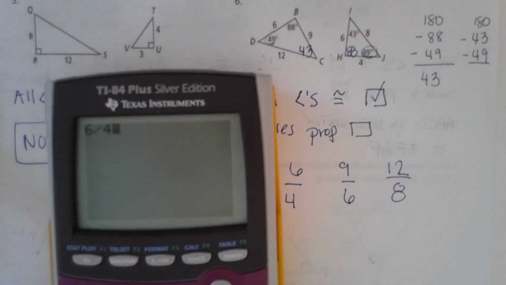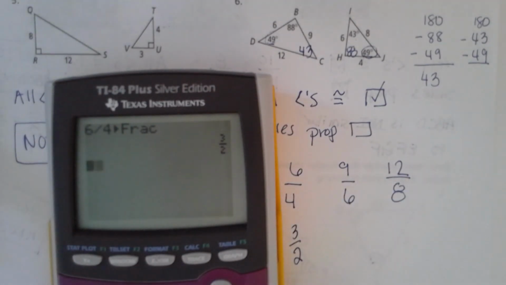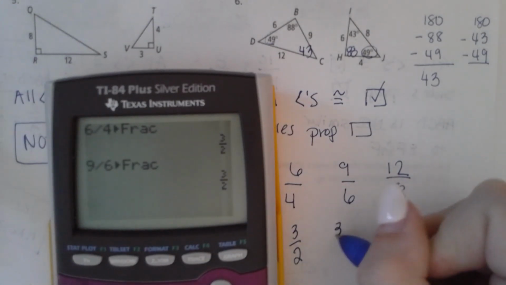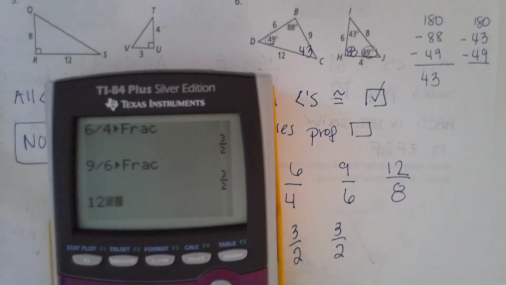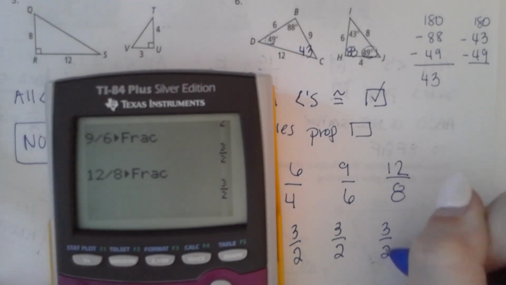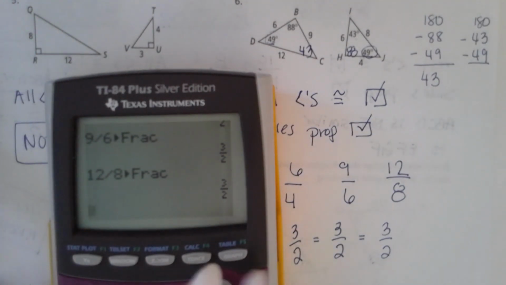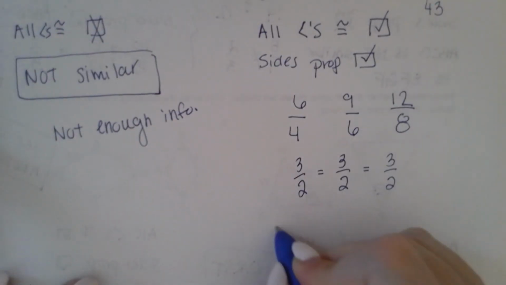So 6 over 4 math fraction gives us 3 over 2. 9 over 6 math fraction gives us 3 over 2. 12 over 8 math fraction gives us 3 over 2. So those are all equal. So the sides are proportional. So we're going to say yes,